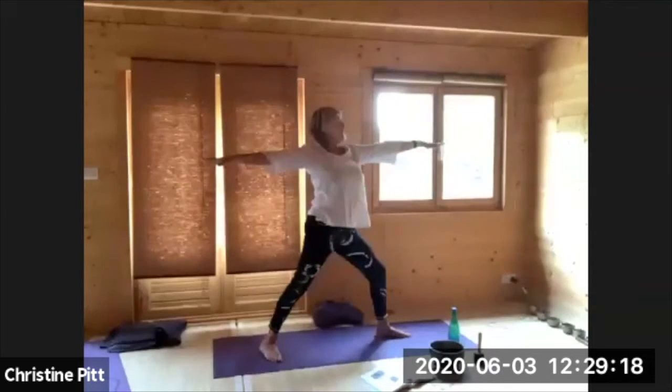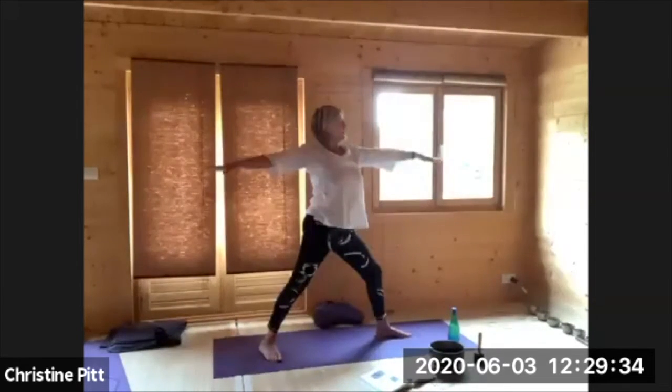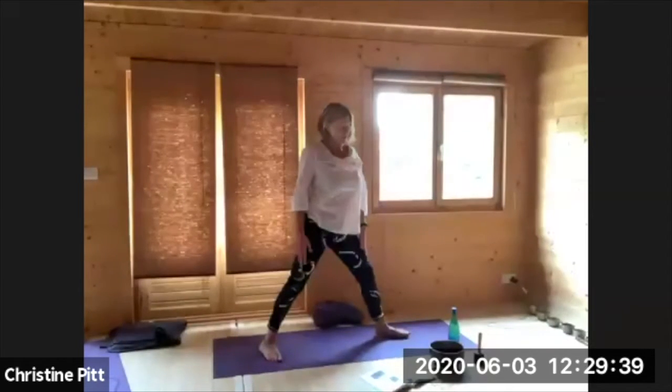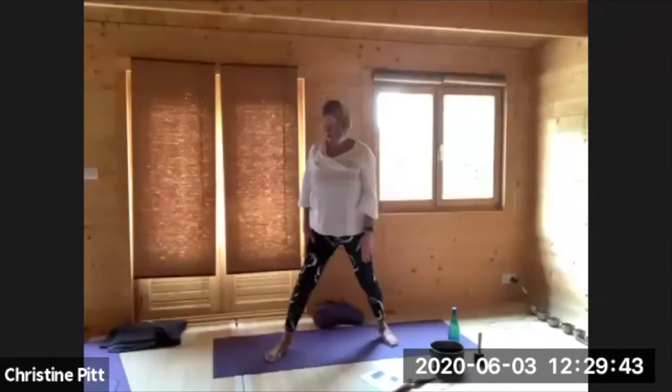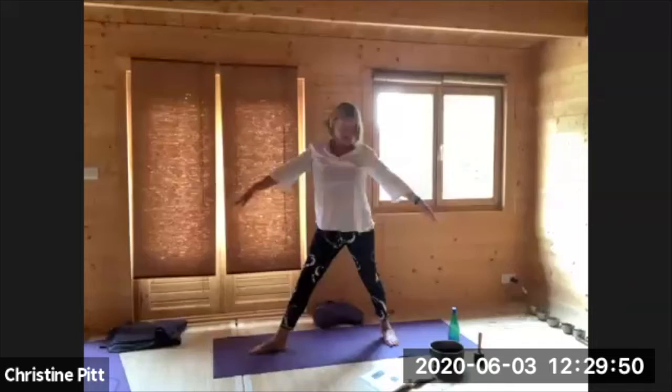And again, in this pose you can think of pressing your front big toe and your little toe in at the same time on both feet, that stops you rolling in. It's quite difficult to do, think of that. And then just breathing out, lower your hands. Bring your feet parallel. And then turn in the other direction as you turn your front right foot out and your left foot comes in. And then coming in to your Warrior Two